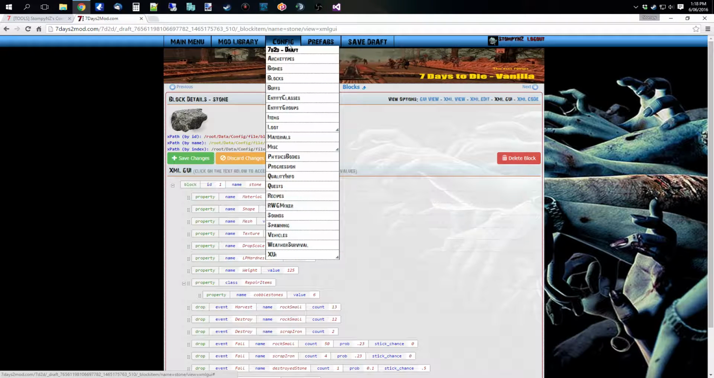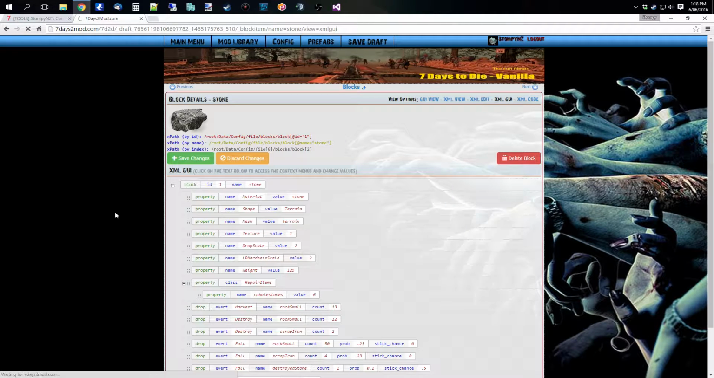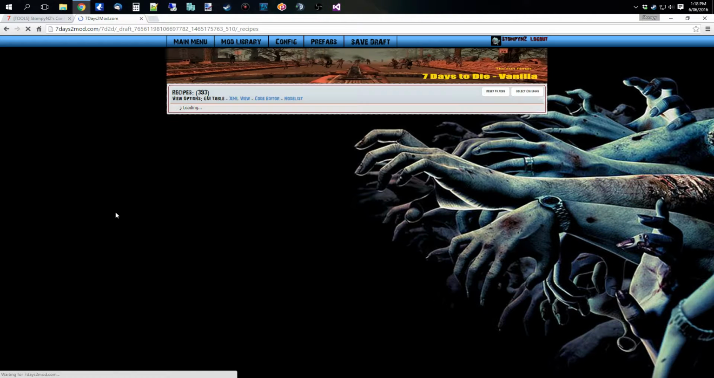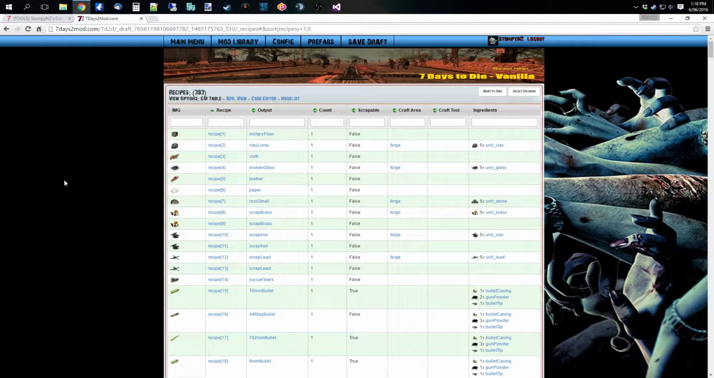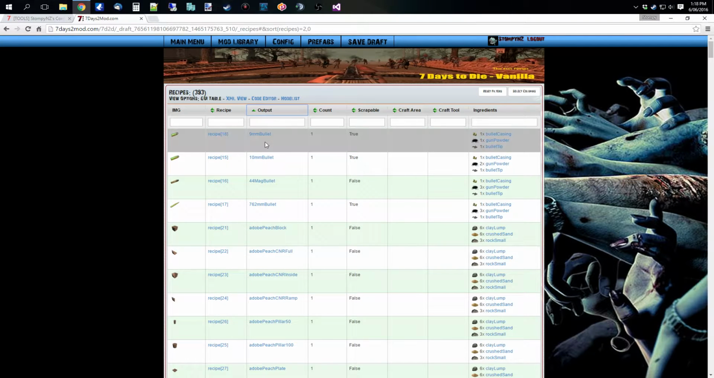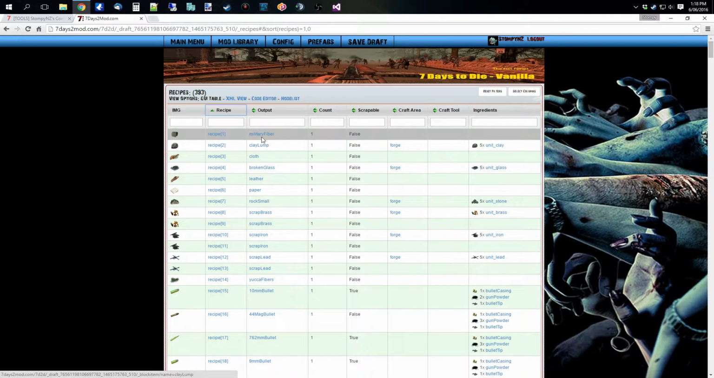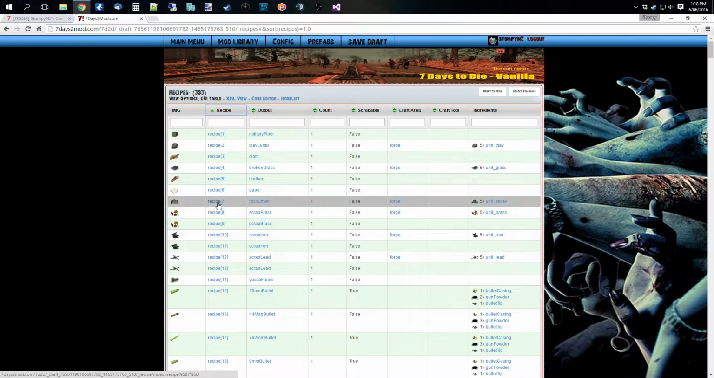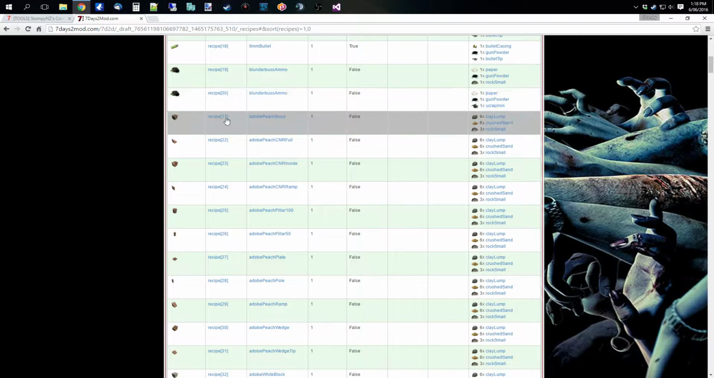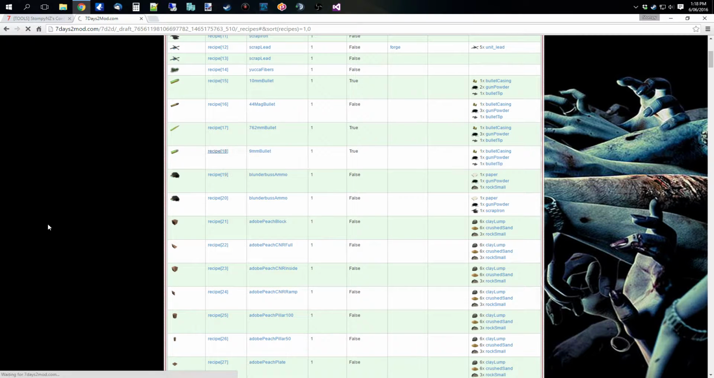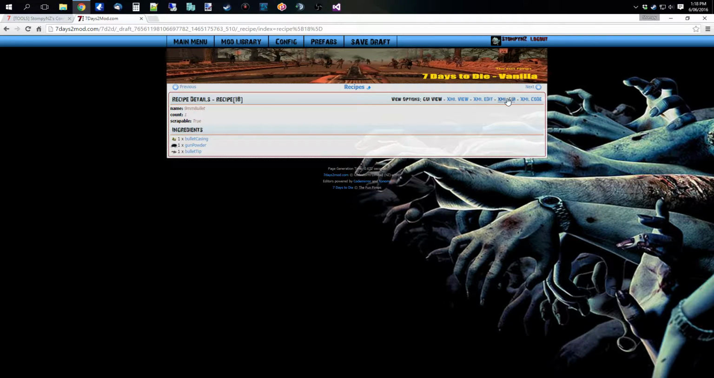Now if we go over to the recipes page, because the recipes can have multiple outputs of the same item, I've also included a recipe link to the recipe itself. So clicking on the output will take you to that item, whereas clicking on the recipe link will take you to the recipe itself. So if we go to the one for 9mm bullets,